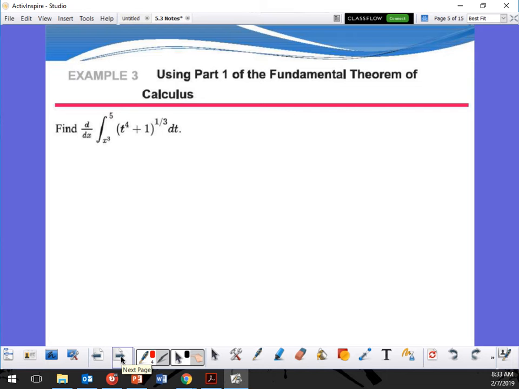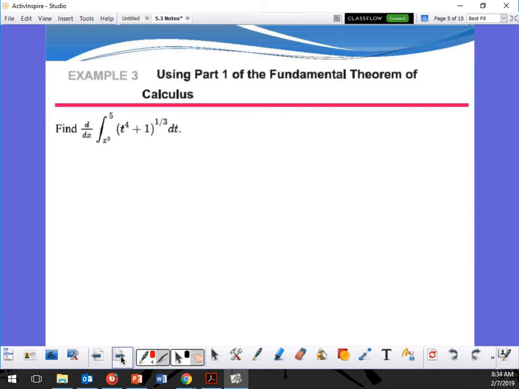All right. Now let's take a look at what we got here. What's wrong with this problem? Besides that, we just need to change the sign before. X cubed on the bottom? X cubed on the bottom. Thank you very much. Now, how would I change it to put my x cubed on top? Just a negative before the integral. It'd be a negative now, right? Yes, so it would be a negative.